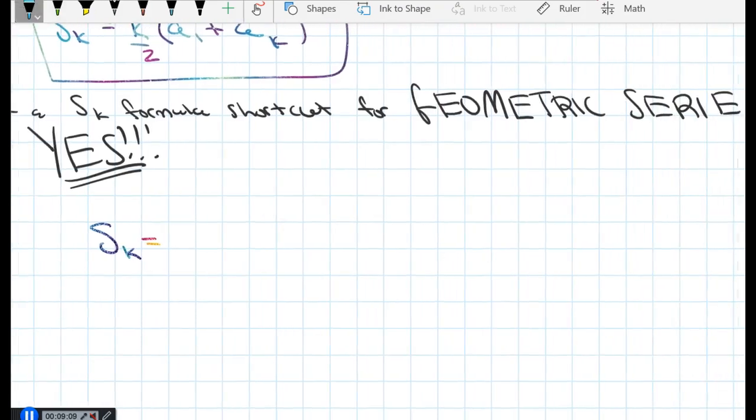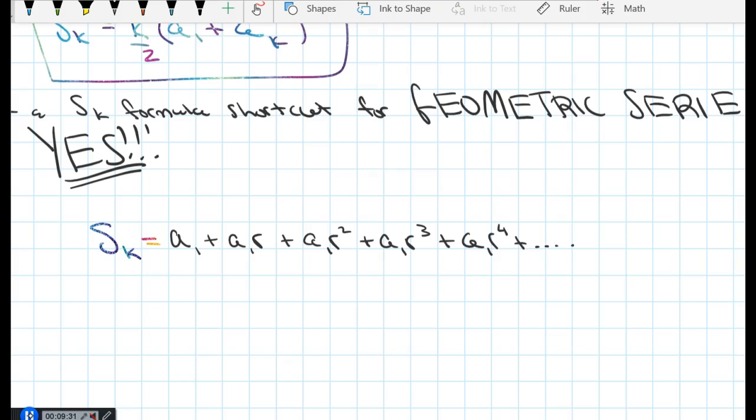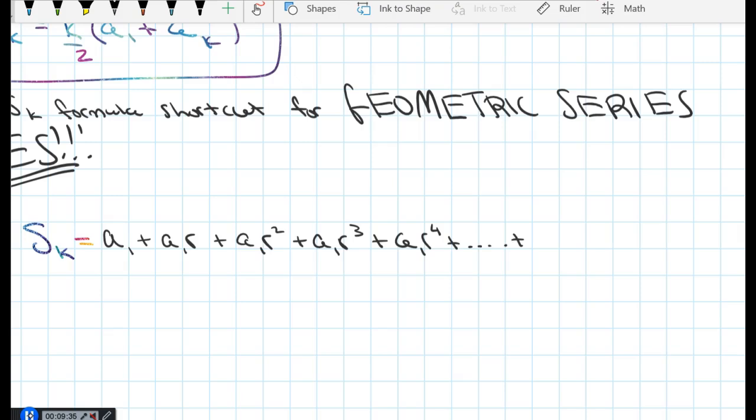We know a geometric series equals a sub 1 plus a sub 1 times r plus a sub 1 r, how many times? The second, plus a sub 1 times r cubed plus a sub 1 times r to the fourth plus dot dot dot. And if we're adding up k terms, our very last term is going to be,